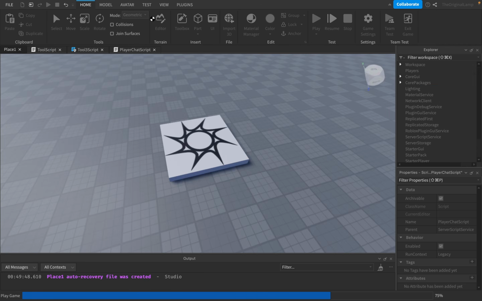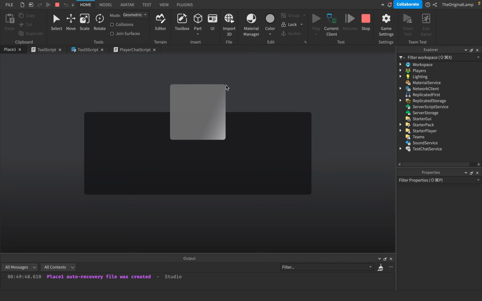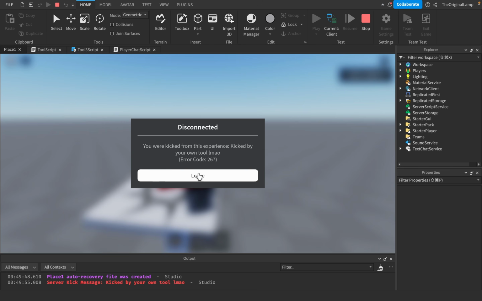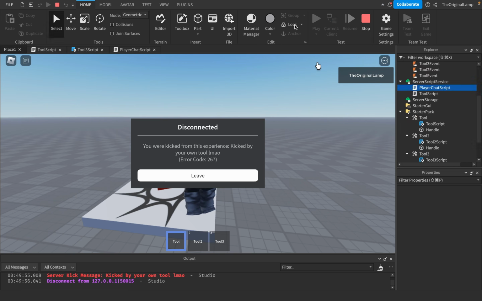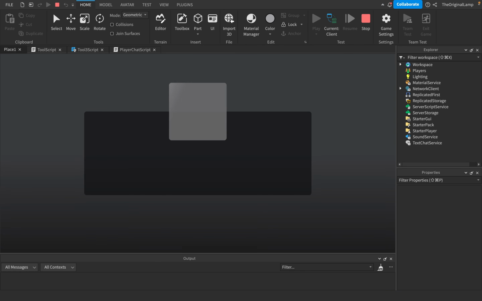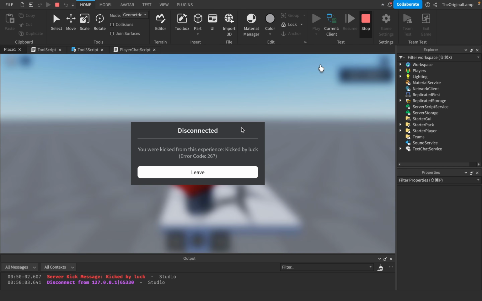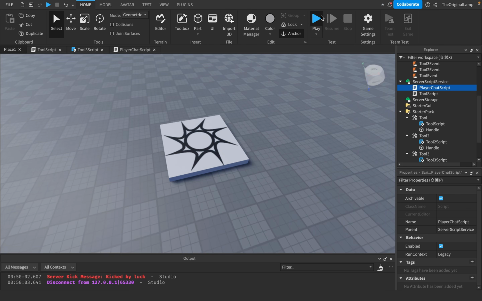So let's play the game. Hopefully, let's have it work. So again, this will kick me. Okay, all right, I'll stop. Okay, tool number 1 works successfully. Tool number 2 also works successfully. And then tool number 3,